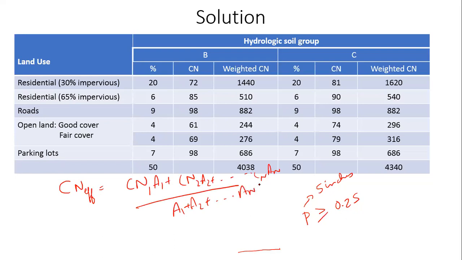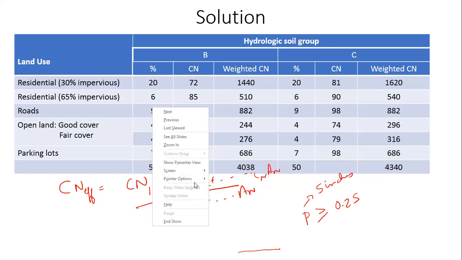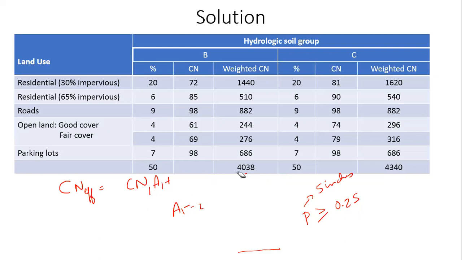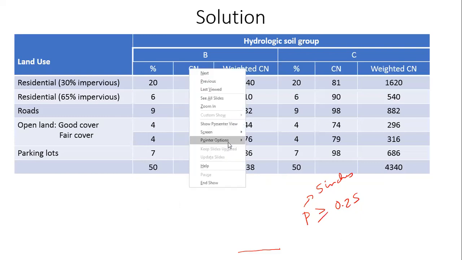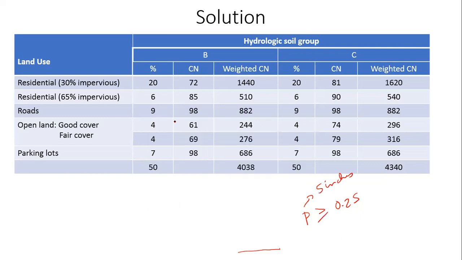Instead of writing it in terms of A1, A2, A3, we are writing it in terms of the percentage of the area, right? Instead of dividing it by the sum of the areas, if you divide it as the percentage of the area, you get the same thing, right? So that's exactly what we are doing right now. Instead of using the actual area, we are simply using the percentage of the area and then dividing by 100, because that's the total percentage area, if you look at it that way. So that's all that's being done here.